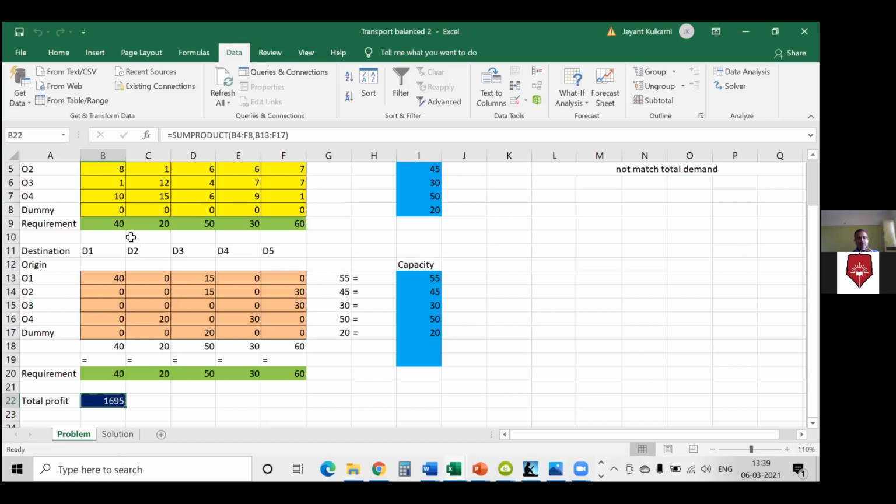So Dimple, the answer to that question is, the unit profit numbers for the dummy were all zeros, right? All zeros. So even if this 20 quantity appears here, it is getting multiplied with 0. That means the profit from the dummy is actually not added to this total profit figure because we have taken unit profit as 0. So to answer your question, this does not impact the solution. The solution is correct, and you will actually end up making 1695 as the profit. Is that okay, Dimple? Understood? Yeah, great. But it was a very good question.